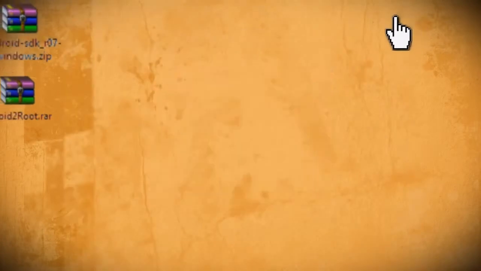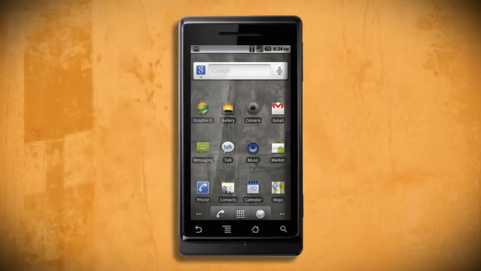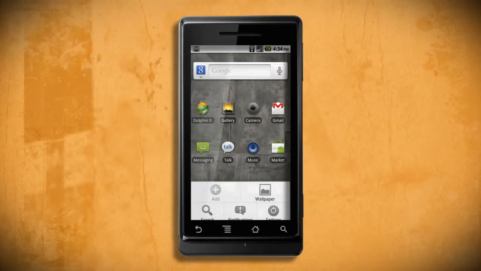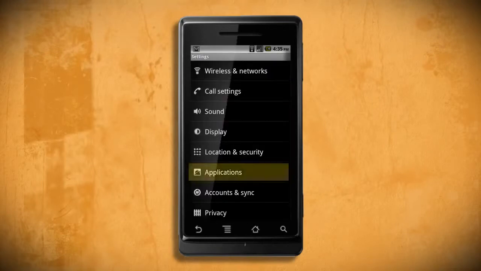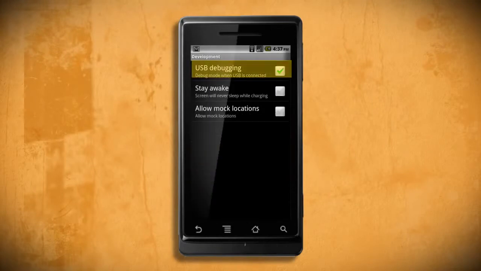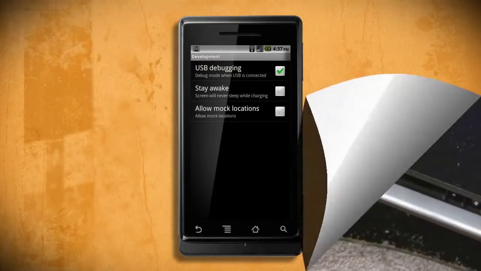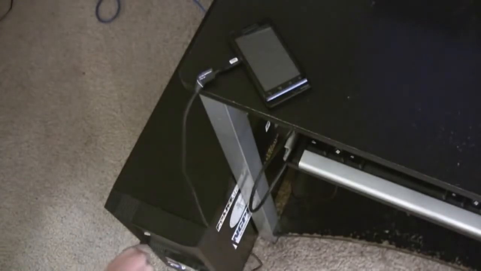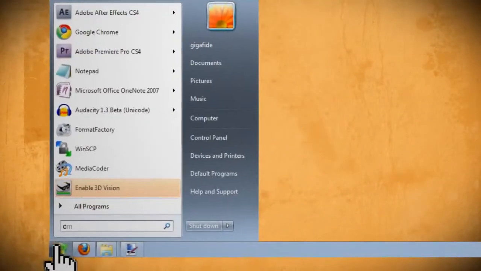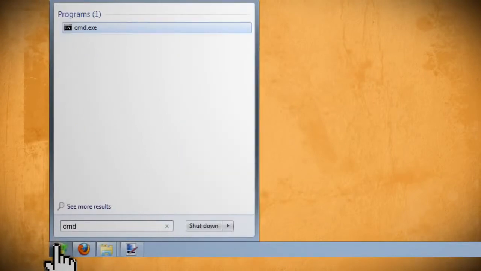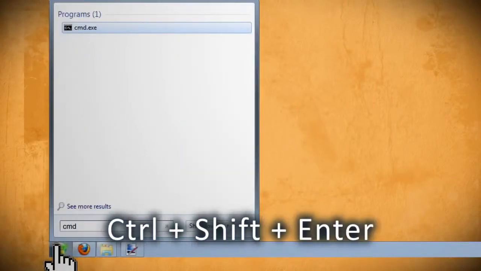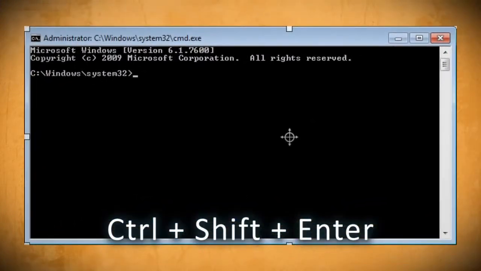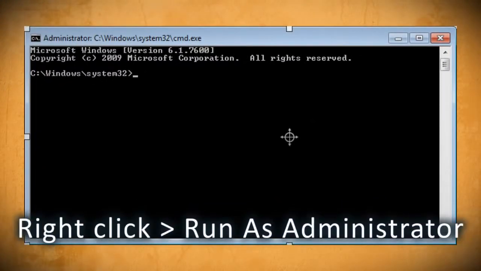C:/android-SDK-Windows. Now you want to pull out your Droid and enable USB debugging by clicking on the menu button, going to Settings, Applications, Development, and Enable USB debugging. Then plug it into your PC, and once your Droid has been detected by the computer, open up an elevated command prompt by, if you're using Windows 7, clicking on Start, typing in CMD, and hitting Control-Shift-Enter on the keyboard simultaneously. If you're using Vista, just run it as an administrator, and if you're using Windows XP, don't worry about